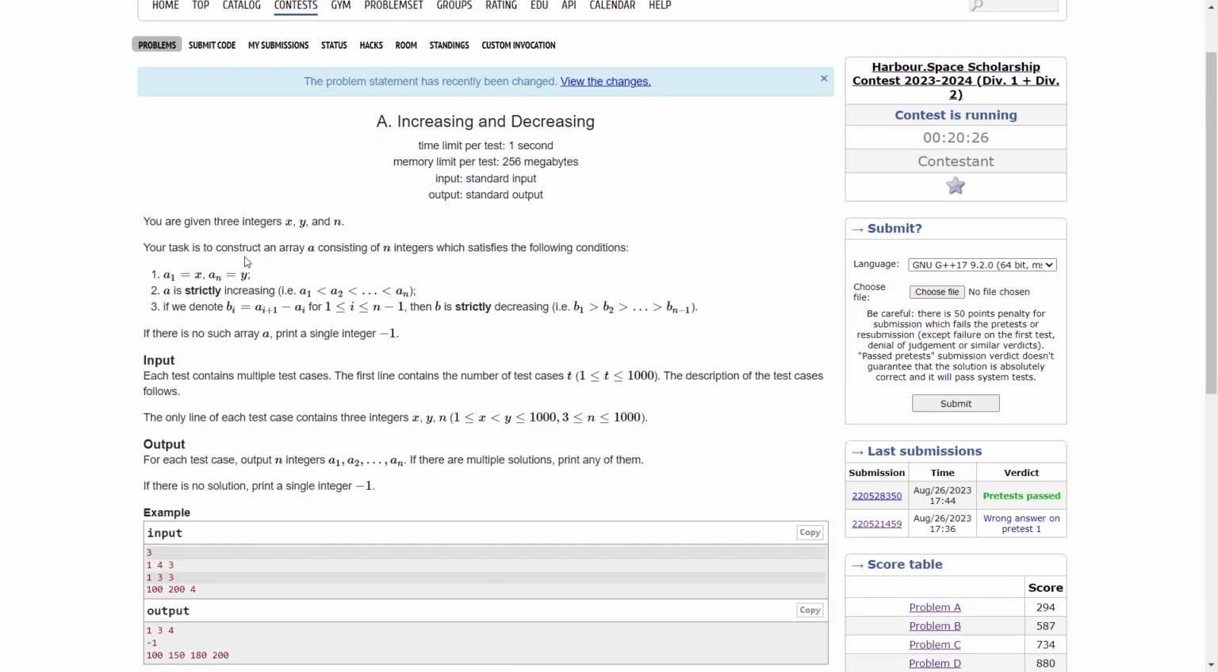So the first problem says that we have been given 3 integers x, y and n. Now we want to form an array of size n. The size should be exactly n. The first element should be equal to x and the last element should be equal to y. Now we have to form it in such a way that the whole array A is strictly increasing, and if we denote B of i as A of i plus 1 minus A of i, then this array B